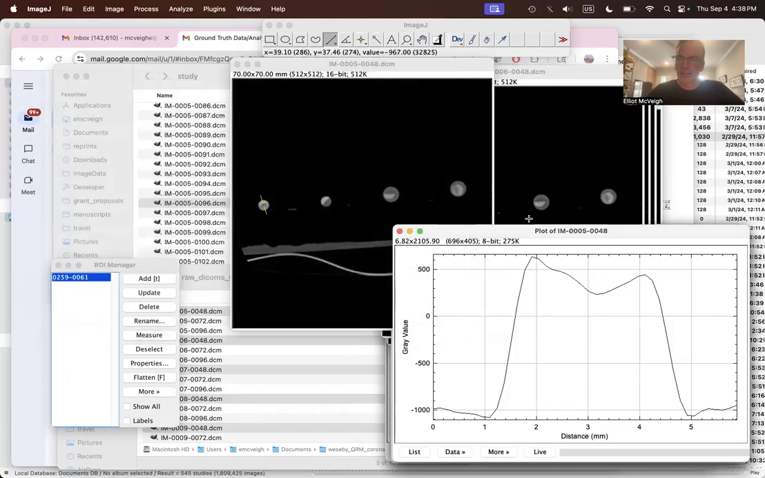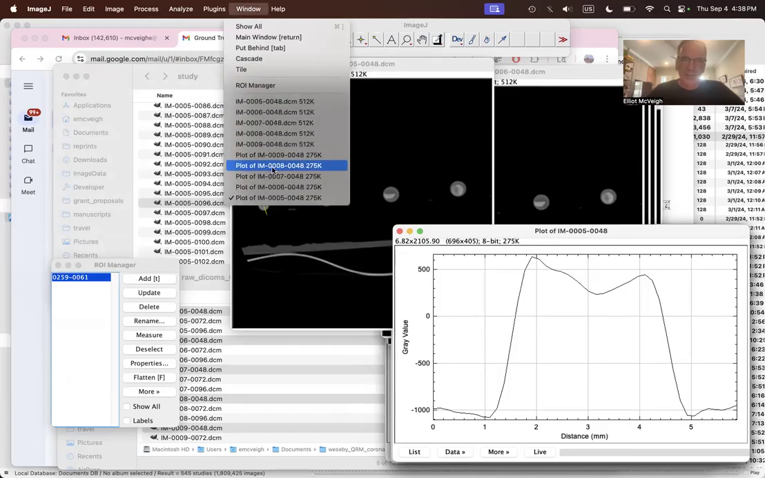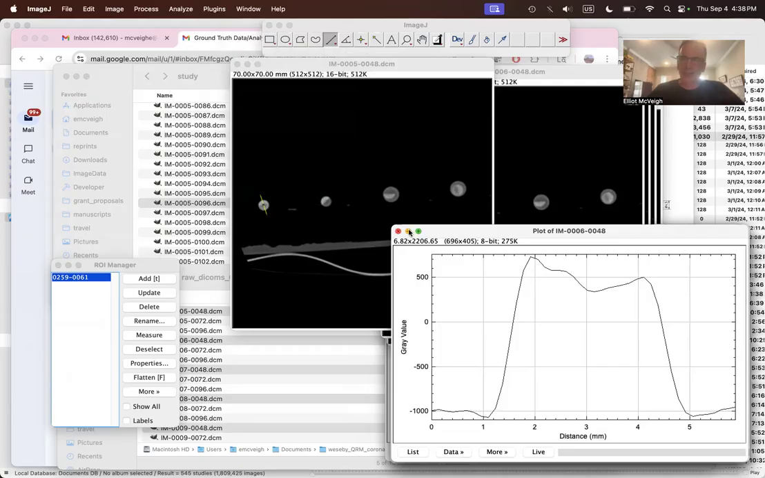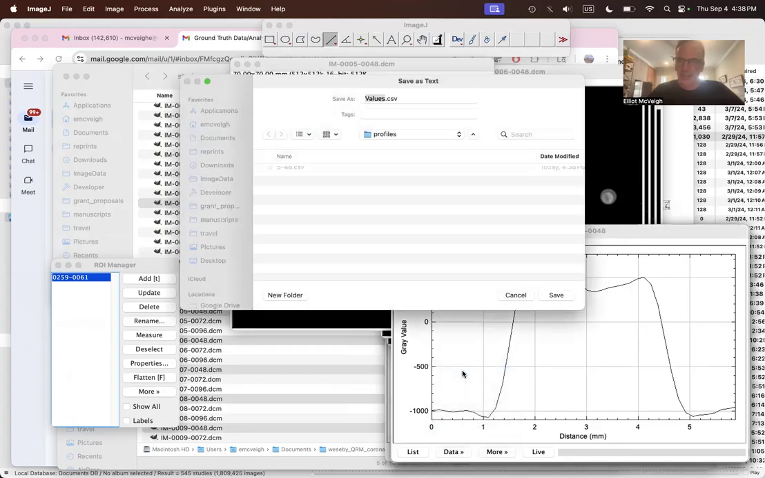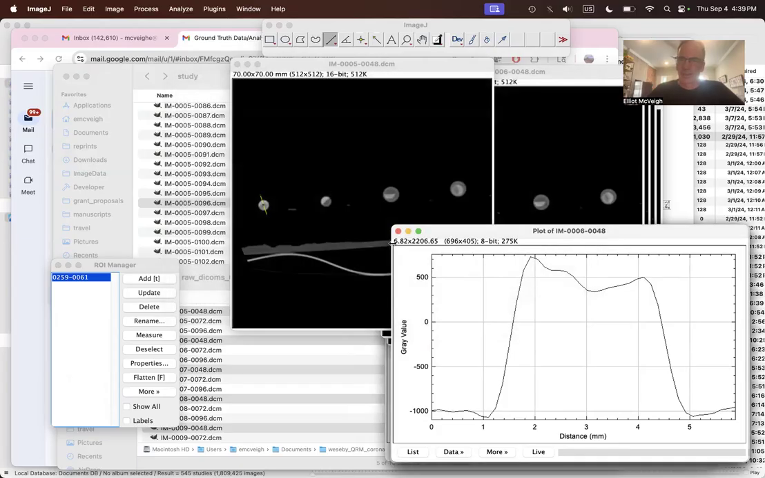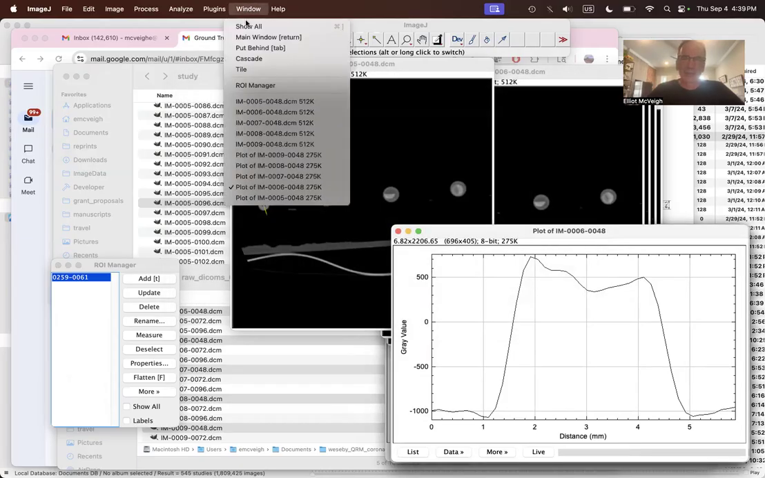So save that. And then we can go to a new profile, which is 6. There's the 6. And go in here, data. We can say save that data. And we're going to call it 6-48. Okay. And go to the next one,